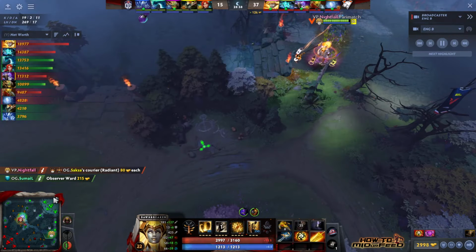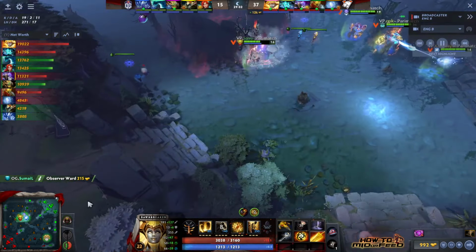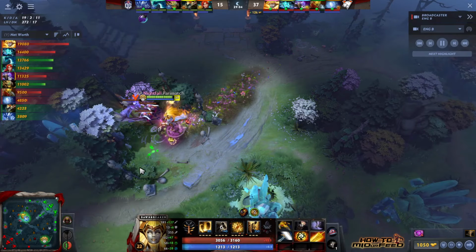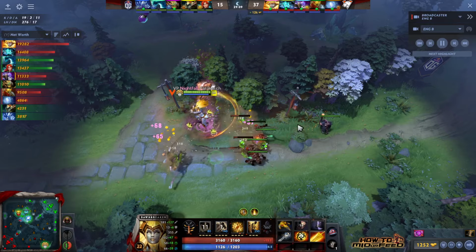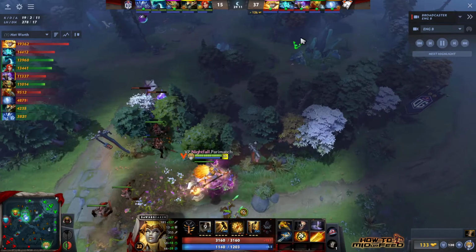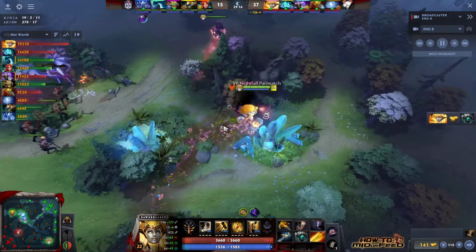What was Thompson's courier doing over there? Not feeling too safe about it. Goes for an attempt to save, but that's now BKB and Focus Fire down. They just desperately scramble around Roshan, not wanting to give it to VP. Meanwhile Nightfall